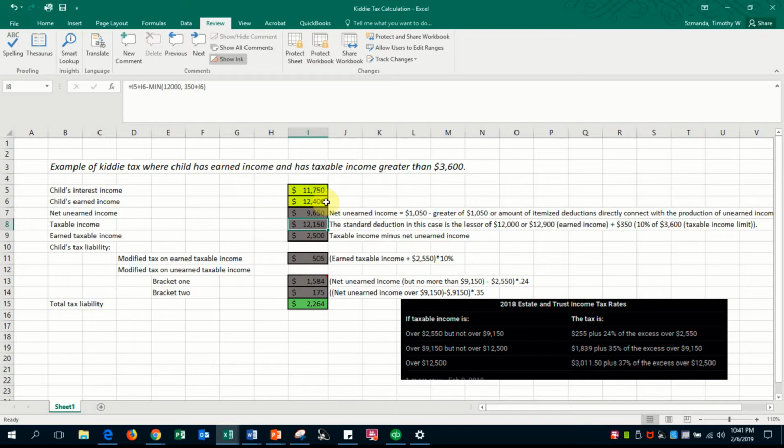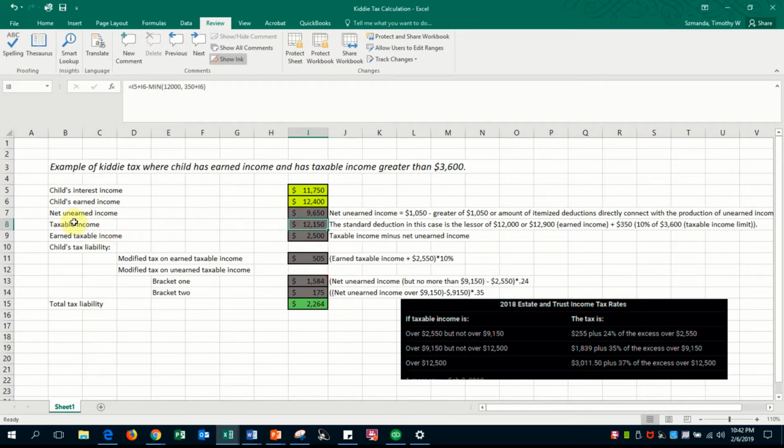In this case, the minimum of these two is $12,000, so we'll take $11,750, the child's interest income,